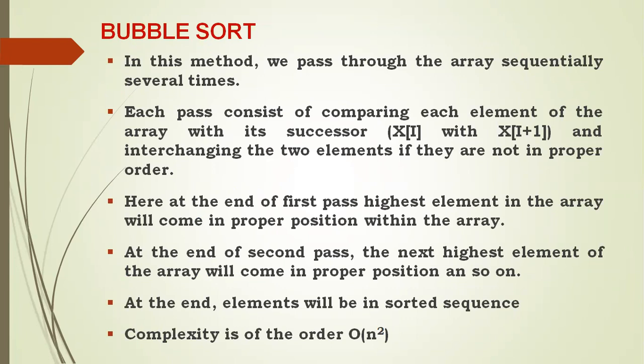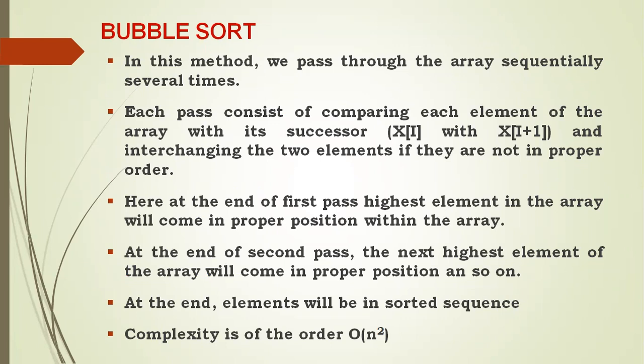In general, if there are 10 numbers, in the first pass A1 is compared with A2, then A2 with A3, A3 with A4, finally A9 with A10. When you finish the first pass, the highest element will go to the last place. Then in the second pass, you start the procedure again from the beginning. The highest element, the 10th element, is already in its proper place. In the second pass, you compare A1 with A2, A2 with A3, A3 with A4, A4 with A5, A5 with A6, A6 with A7, A7 with A8, and only A8 is compared with A9.